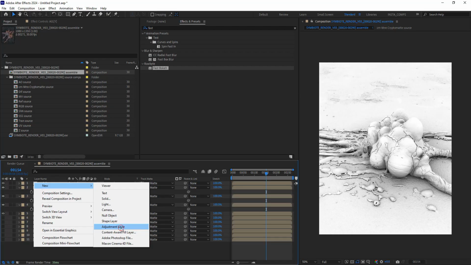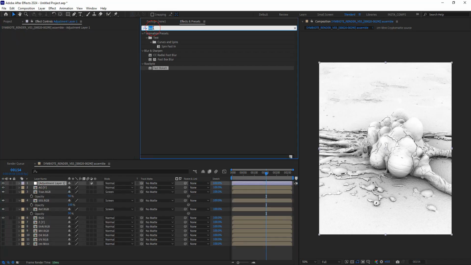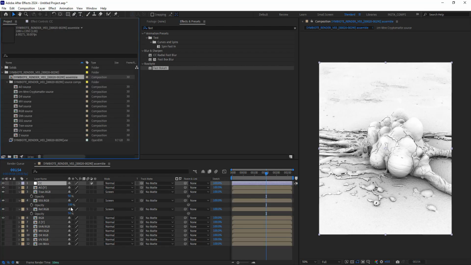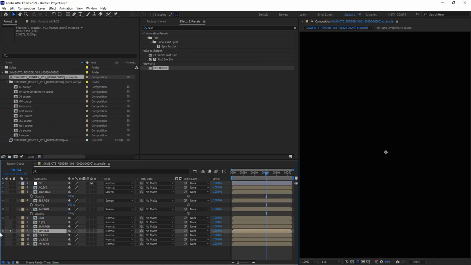I'll add an adjustment layer here. It's going to be a really quick slap comp, just for checking if everything works fine. In the adjustment layer, I'll name it CC, for color correction and effects, basically. And I wanted to check if the motion vectors were rendered properly, but it seems like